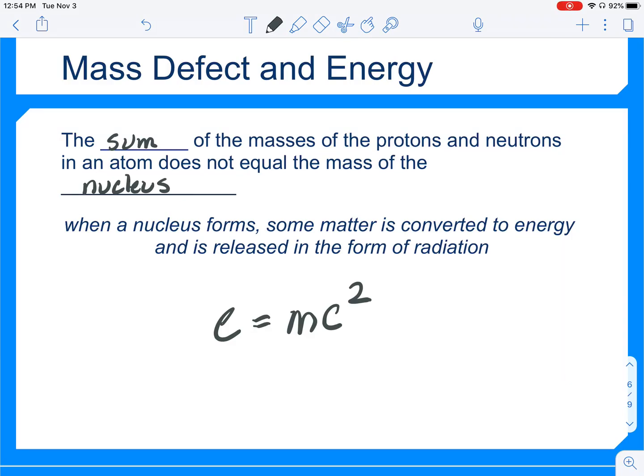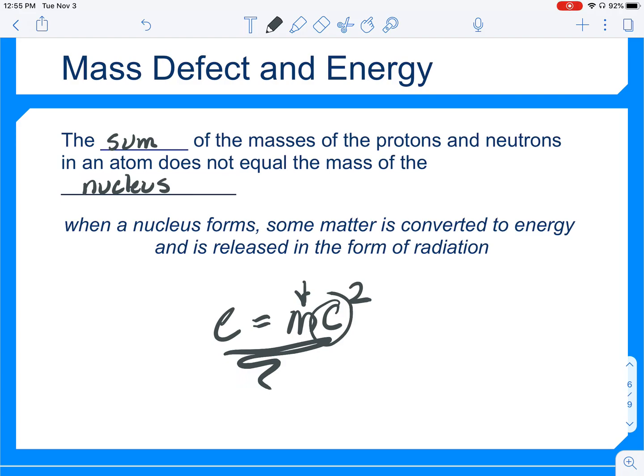Picking up where we left off with mass defect and energy, this was our kind of mind-blown moment where we looked at the sum of the masses of the protons and neutrons in an atom does not equal the mass of the nucleus. This is what's known as the mass defect, or defect is another word for error. So it's something where we would expect that the whole should equal the sum of the parts, but it doesn't. And this links through Einstein's equation E equals mc squared, where a tiny amount of matter multiplied by the speed of light squared ends up producing a large amount of radiation, and